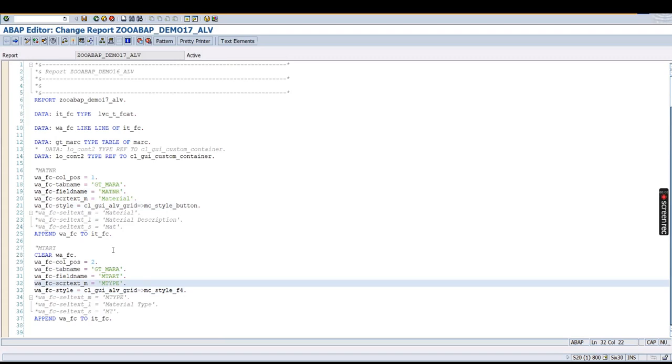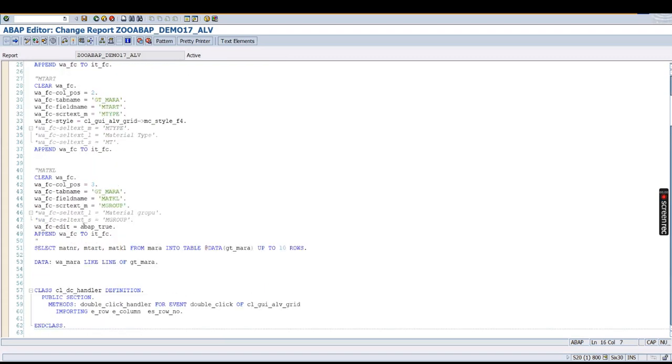And for the material, we are having this GT_MARA. This is the global declaration. GT_MARA is your global declaration. What I want to do is do it another way. For doing that,